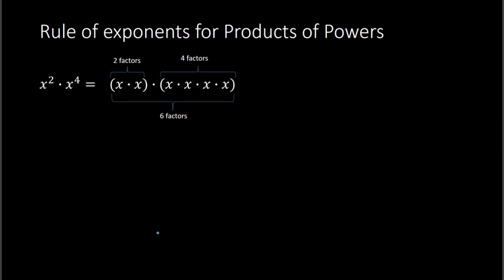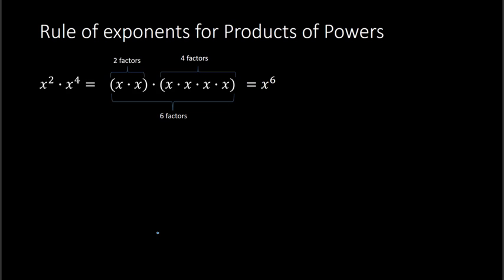So here we have our illustration. We have x squared times x to the fourth power, and we are told to simplify or combine this. Well, x squared means we have two x's. X to the fourth means we have four x's. That's all being multiplied together. So here we see two factors of x, here we see four factors, so altogether there are 6 factors. So when I write this, I can write this together as x to the 6th power because we have 6